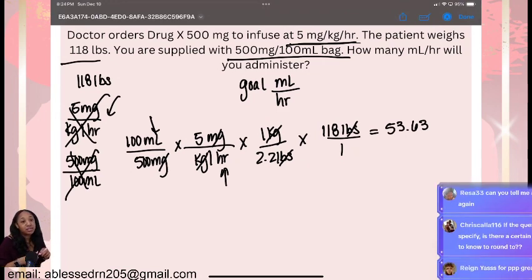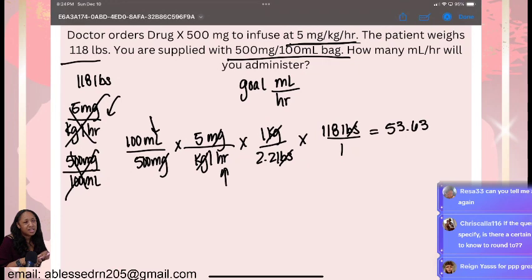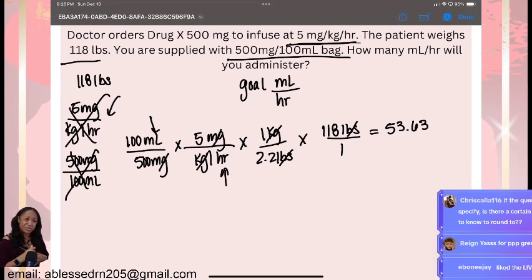Now, most of the Alaris pumps that I have seen, especially with heparin, you could do heparin to the tenths place when you're setting it up. But usually the whole number, I would say. But like I said, if it's telling you to do so, you know, or I don't know what you guys do in school. I just asked before the decimal and after.